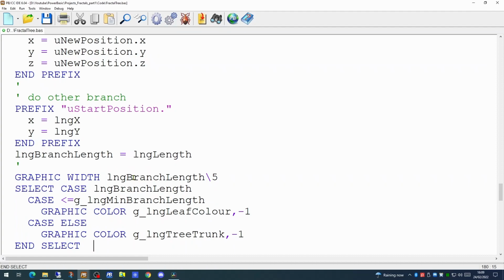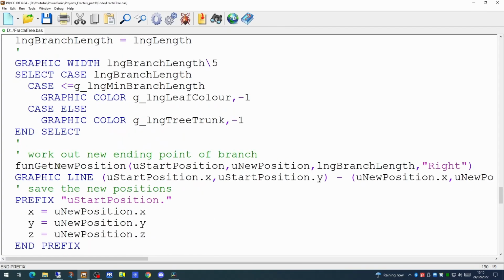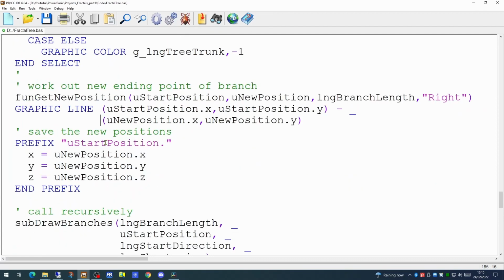We're now going back to work out the right hand branch. And of course we'll need to work out the new position just as we did before. So we'll make a call to the get new position, passing the start and new position user-defined types, and we will draw the graphics line. And having done that, we will save the new positions in our start new position user-defined type.